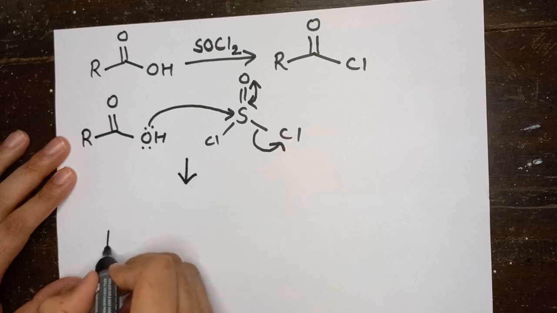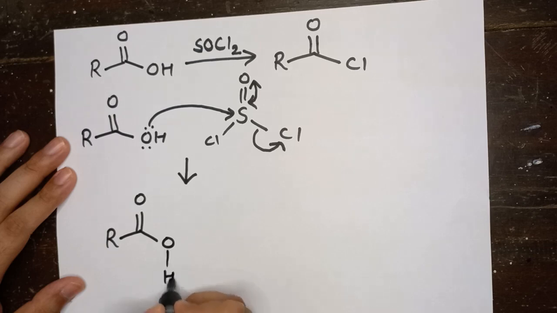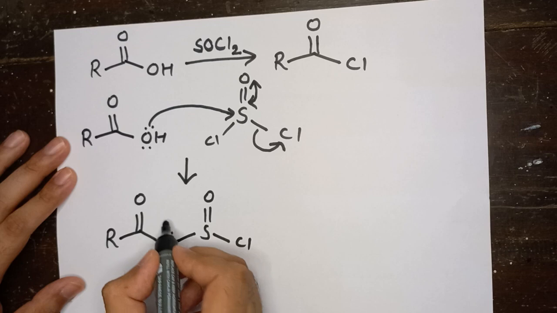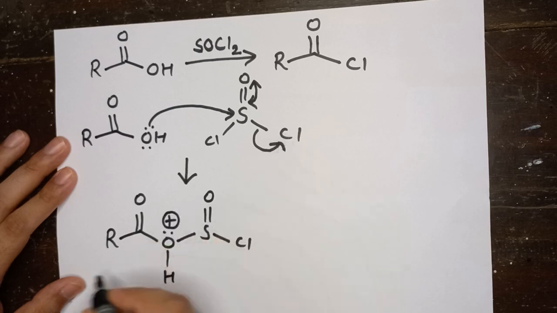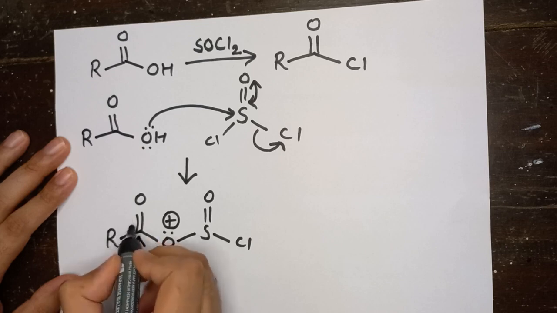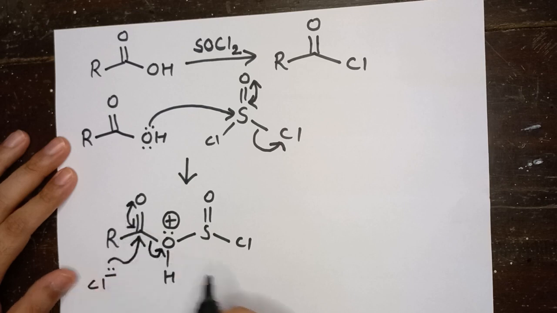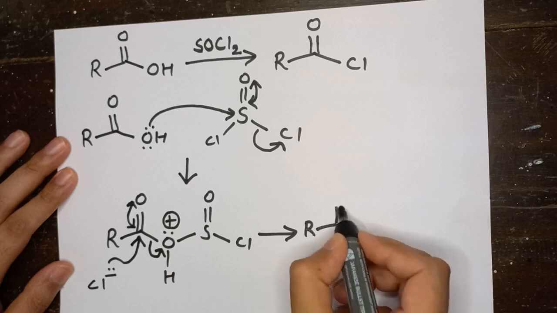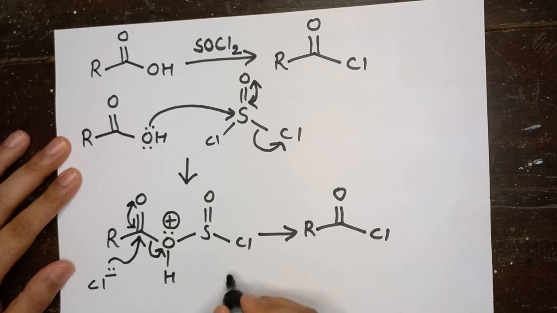So we are going to generate this. Now the chloride ion which has just left is going to come back and attack at this carbonyl center. Through conjugation, this whole group is going to leave. And this is how we will generate the product of the first step, that is acyl chloride. And the byproduct is